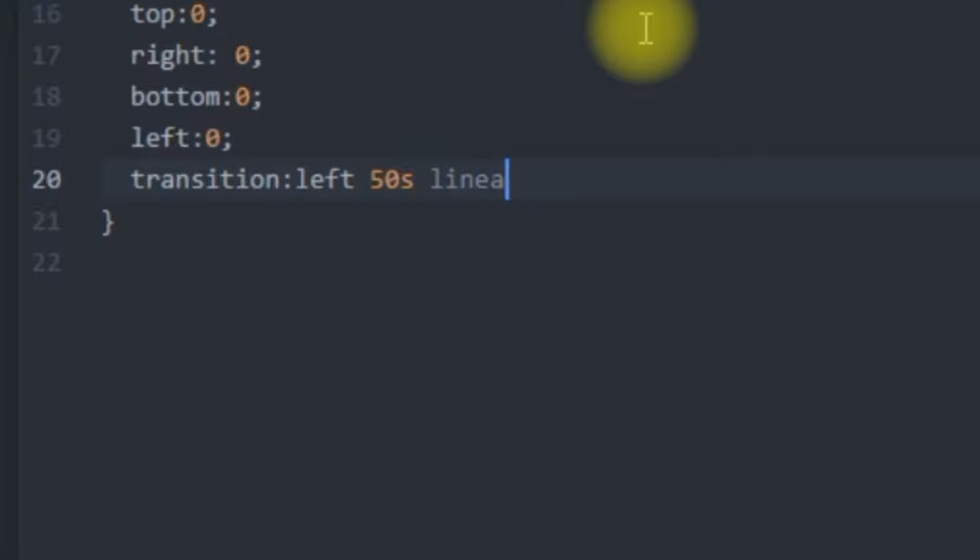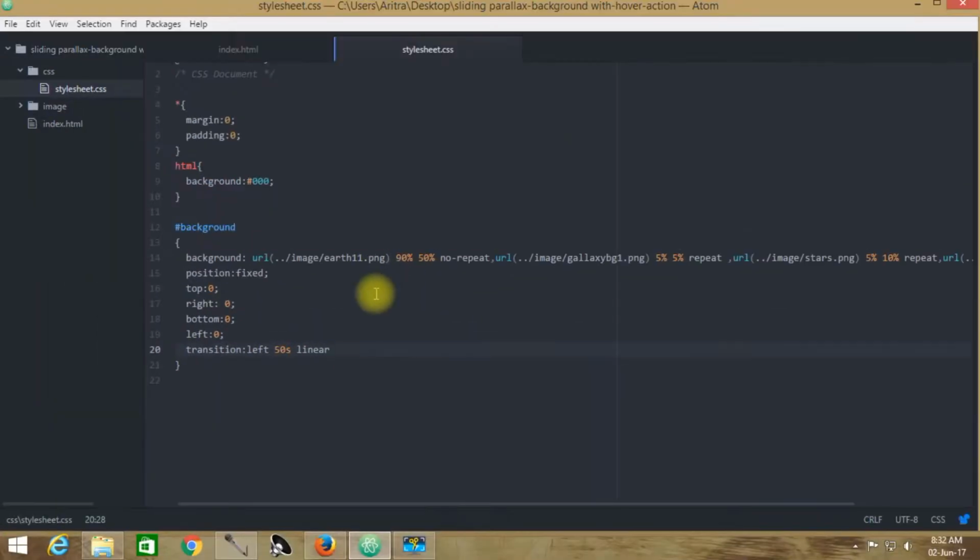It will be linear. That means I am making it a flat animation. From start to beginning, it will be executing at a flat speed. As we have mentioned here, it is a linear one. So before making anything, first of all we have to check that this animation is running well and it is making a smooth animation.